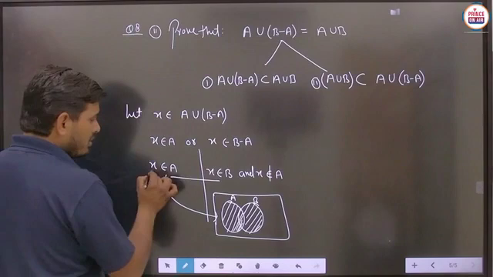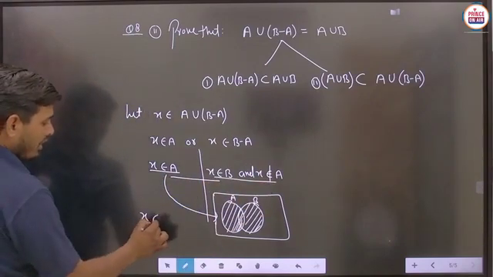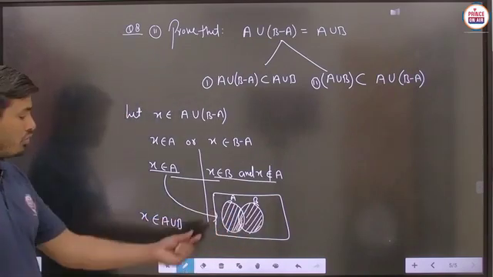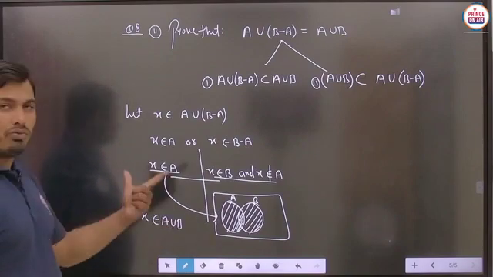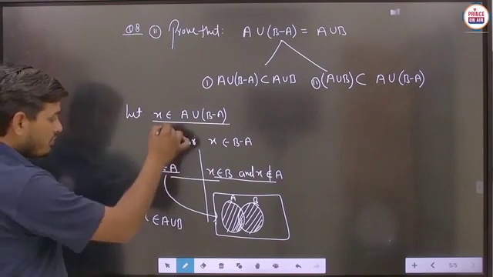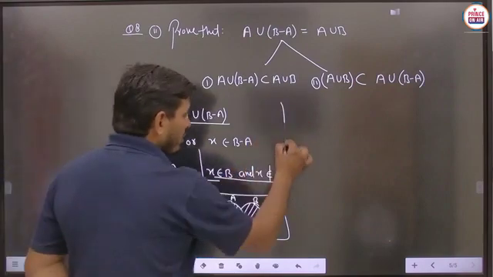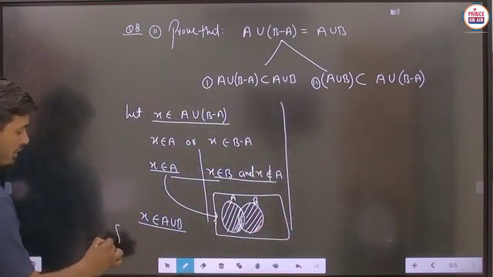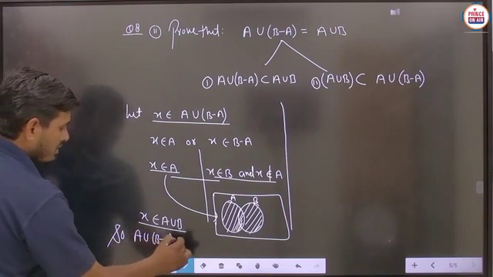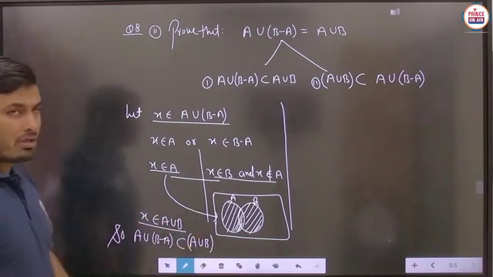So if we merge this condition and this condition, then on behalf of these two conditions we can say that X belongs to A union B, because this whole part is to be considered here. So in this case you can say that X belongs to A union B. So student, we just assume this particular element in this set, and we are proving that X is an element of A union B. So you can say that here we will write, A union B minus A is a subset of A union B. Is it to be clear? So easily you can prove the things.